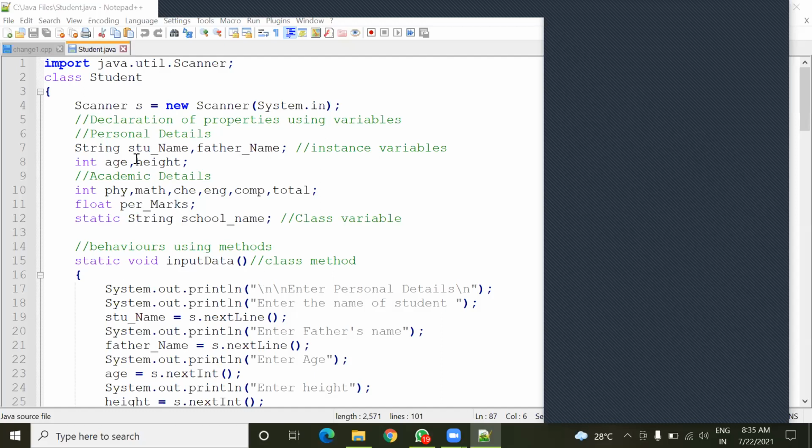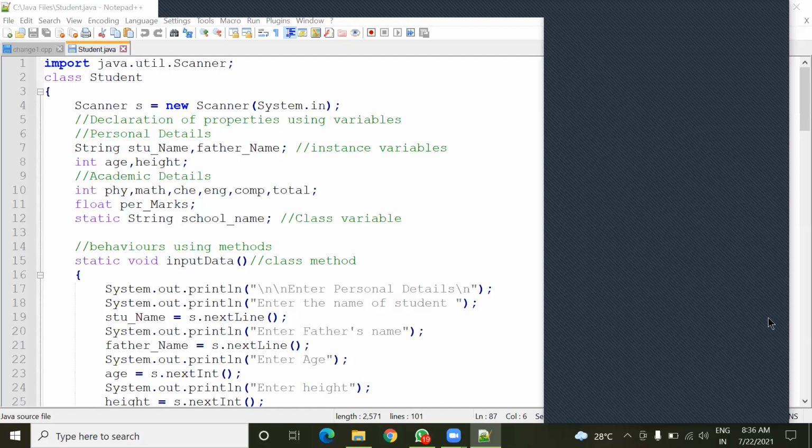If here we have made one student class, there can be different students now. All these students will have different properties, the different student name, different father's name, different age value, height value, marks scored by them.